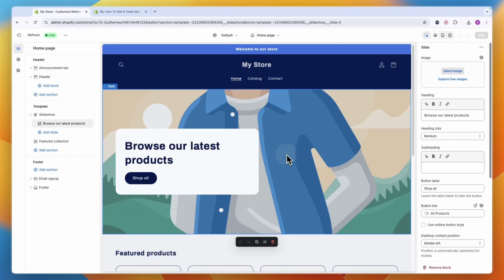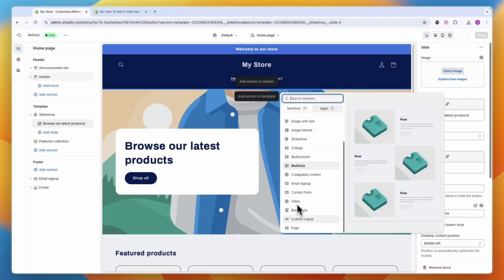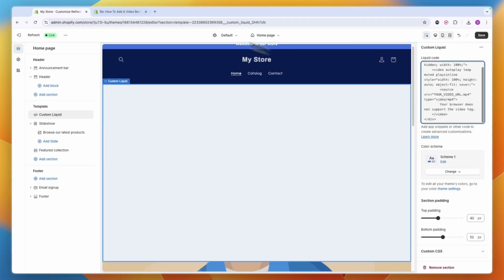You can remove that later if you'd like to, but for now you can click plus right here in between these sections. So you can add a section to the template or the header. I'll do it to the template. Now from here you want to select custom liquid right here. And now here over in the right you want to paste in the code that we copied earlier from the